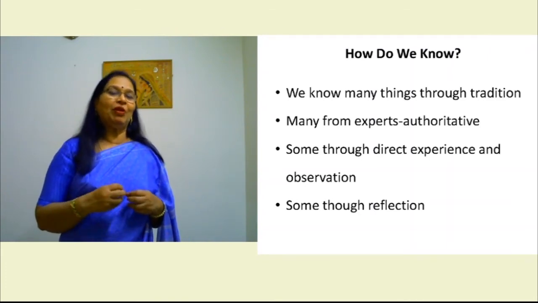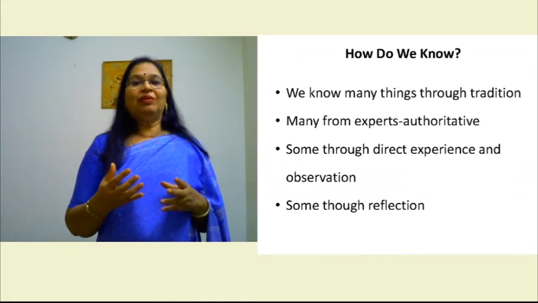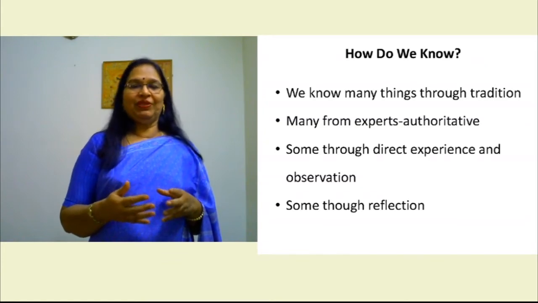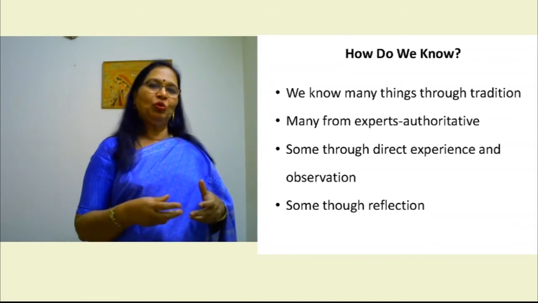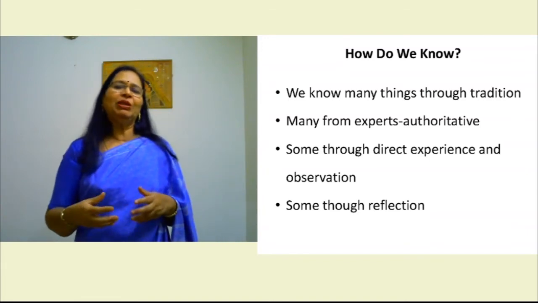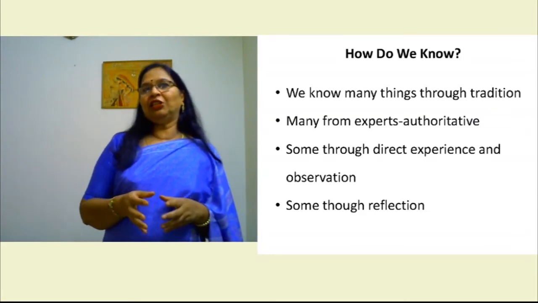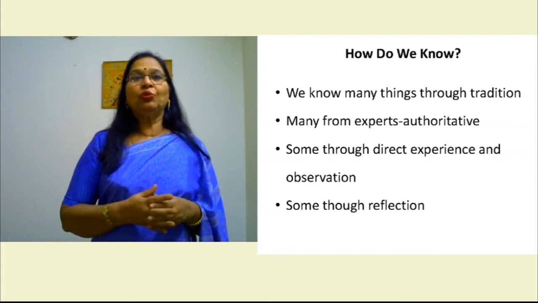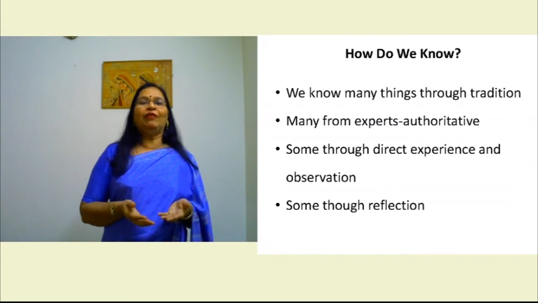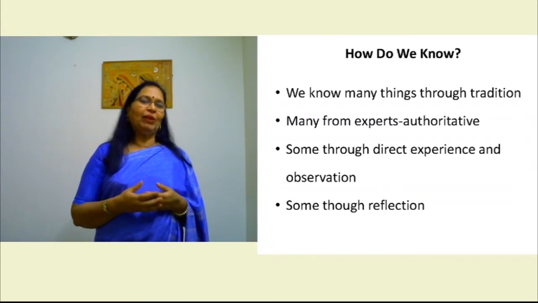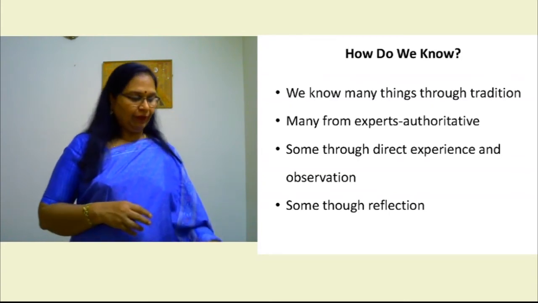We also observe that when people jump the signal, we have got police people waiting there to penalize those who have jumped the signal. So these are some things we observe, and therefore we learn that we must follow the road rules, we must follow the rules set by the government or whatever it is. So many things are learnt by experiences, and many things are learnt from observation, and some through reflection. Some of the things that we learn, we also reflect on them. We think about an event that we have observed, we reflect on them, maybe we discuss that with someone, and then we learn something more about that particular event.